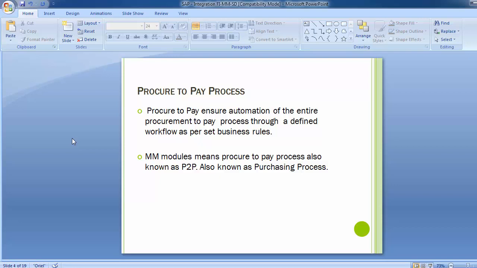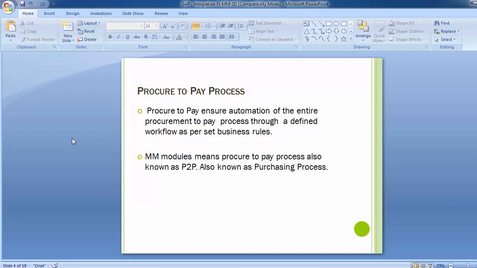So in this we will be studying any transaction in MM with respect to the material movement, because purchase department basically means movement of material. So any movement which happens with a movement type in SAP. Each material movement, like goods receipt against the purchase order, or goods issued to the production order, maybe a scrapping of goods, transfer of goods can be a part of it, and even goods issue for sale or initial upload.